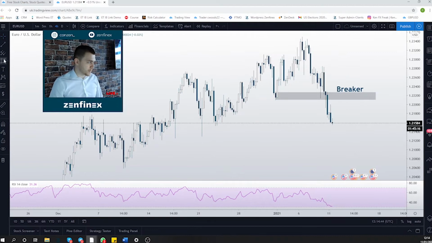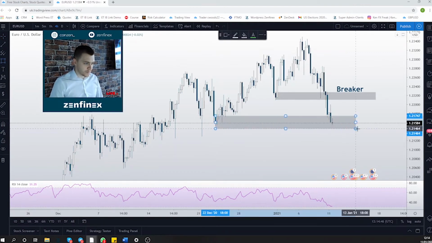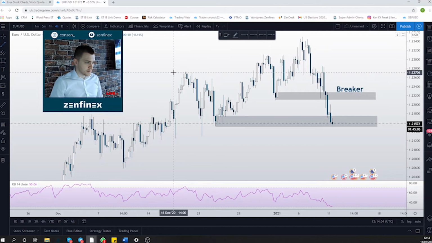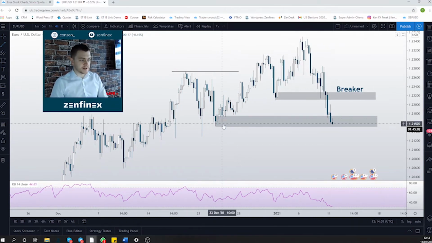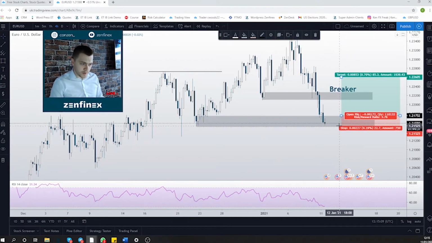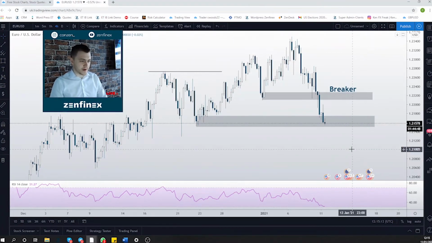That makes this order block a breaker and actually a potential area of resistance later on. But until we break below this structure here, this is another 4-hour order block. We broke this high here, and that was the last piece of bearish pressure before we did. I'm still going to be looking for buys, and if I draw on a long position on this 4-hour order block, we're at a 24.7 pip SL.